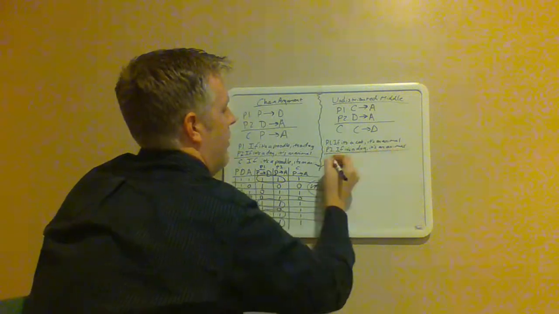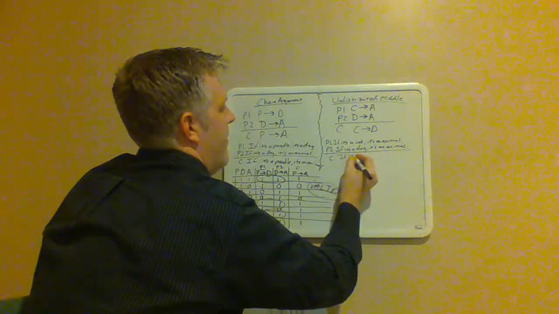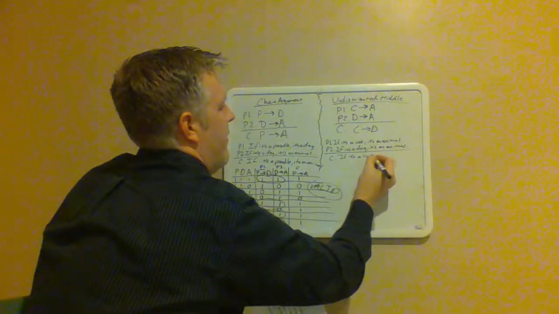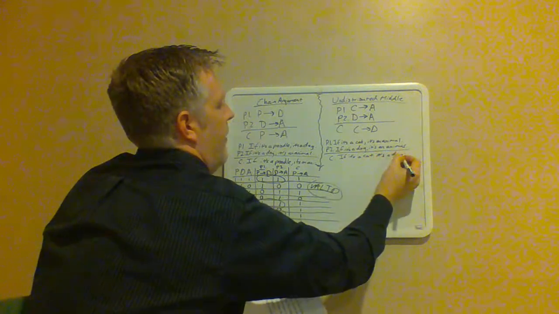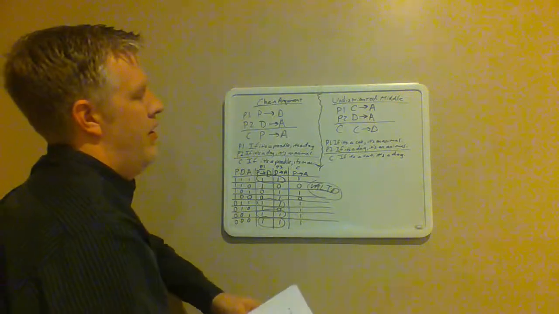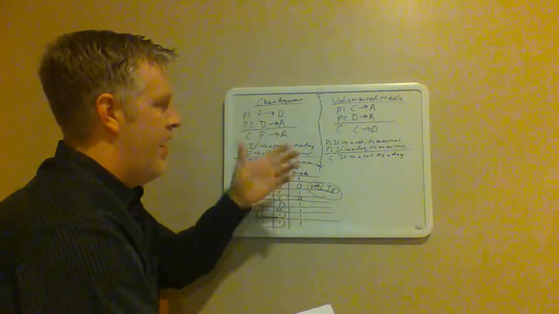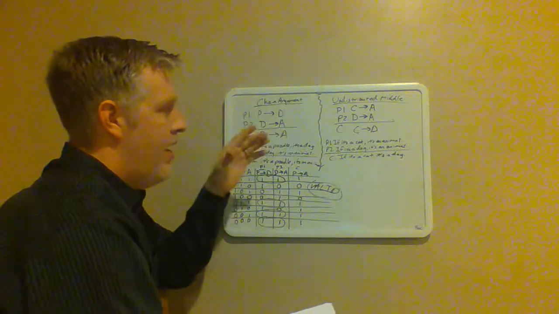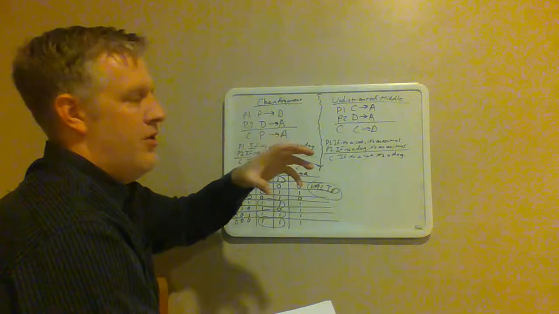Conclusion, if it's a cat, it's a dog. Now this intuitively just sounds crazy, right? It sounds invalid. Okay, but sometimes I'm here to tell you that sometimes you'll come across arguments that